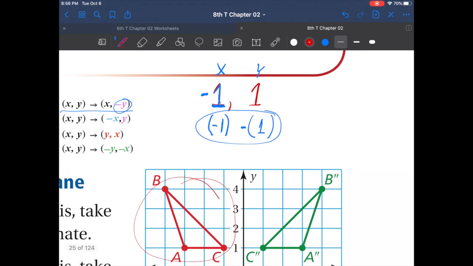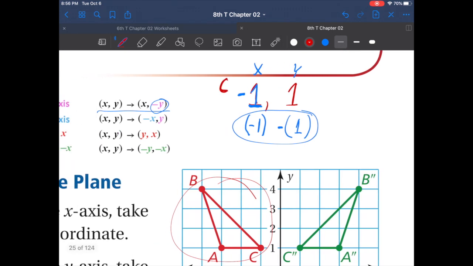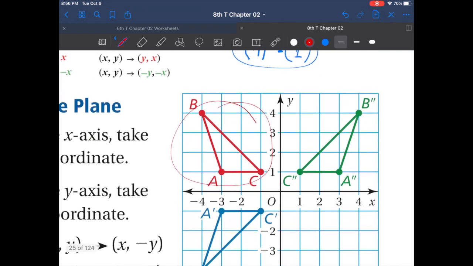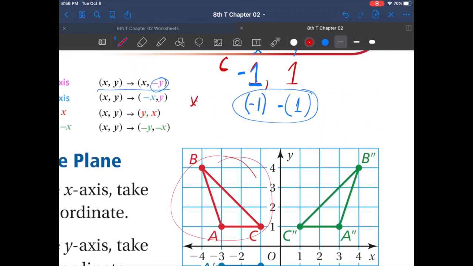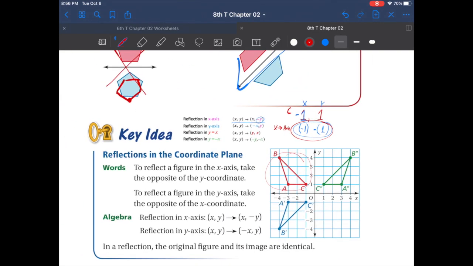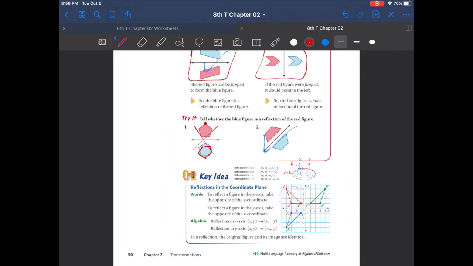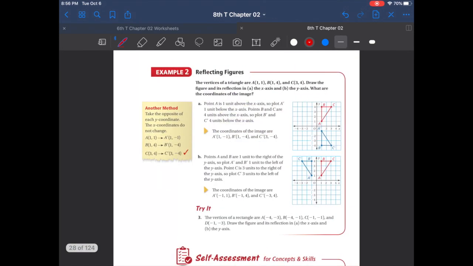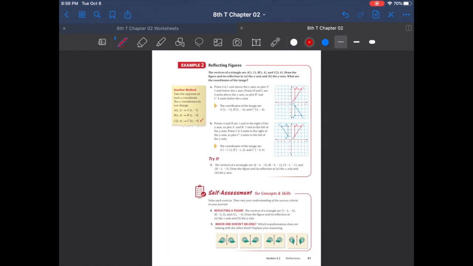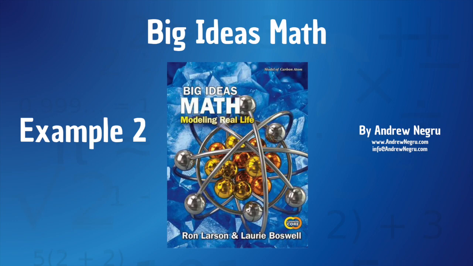So you label the point, that's letter C, right? That's negative 1, 1. And then I want you to show me the flip. So how did it get to prime 1? It said over the x-axis. I want you to write it down like that. And I want you to show me how it got flipped, okay? So that is the idea. Let's see if we can put this into practice. This is example 1, 2, and